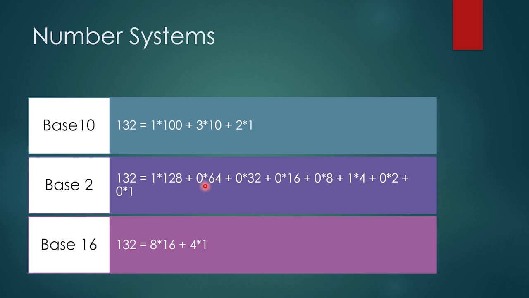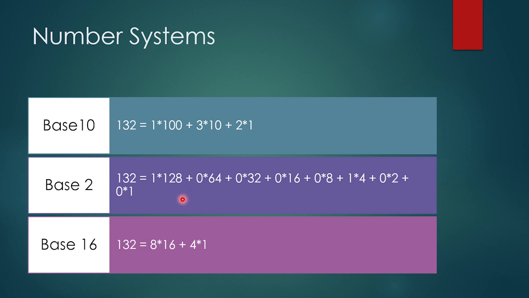So 4 is left over. There are no 64s in 4, no 32s, no 16s, no 8s, but there's one 4, and that means, well, we've now used all the numbers. We've got 128 plus 4, that gives us 132, so we don't need any more. So we put zeros for the rest. So